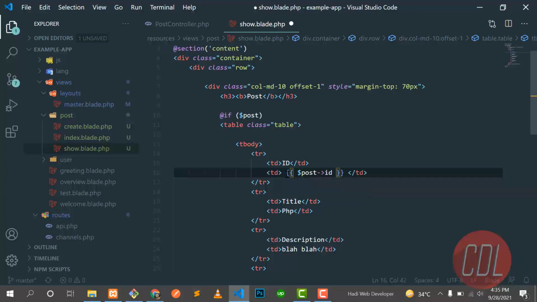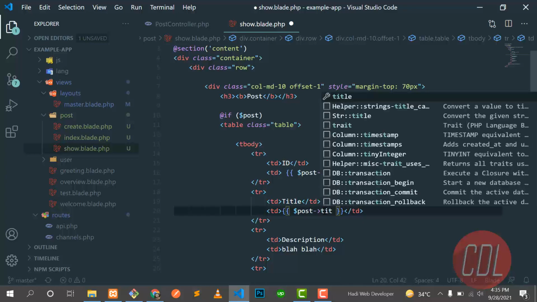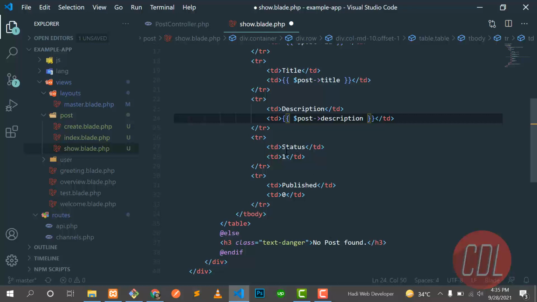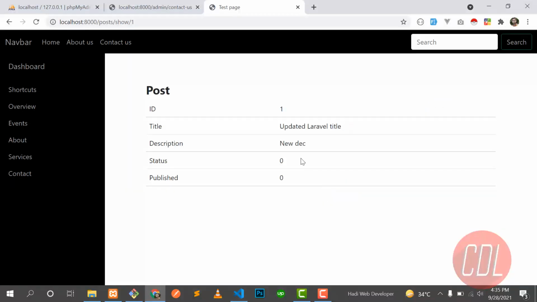My text editor is suggesting it, so let's go here and remove this hard-coded title and make this the title, and this should be the description, so remove this blah blah blah, and this is a status, right? So let me put here a status, right? And then this is a publish, so remove this, and it should be is_publish. Save this one and give it a refresh, and yes, now we are retrieving dynamic information of the post.